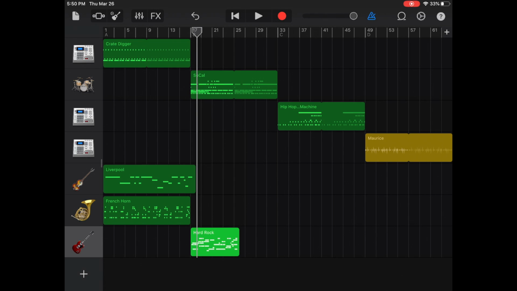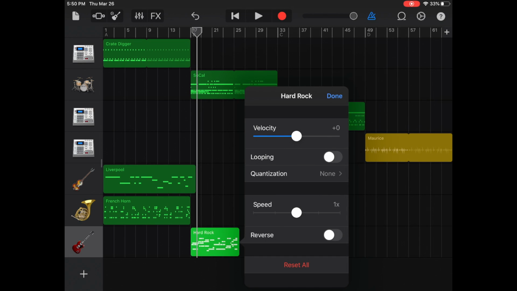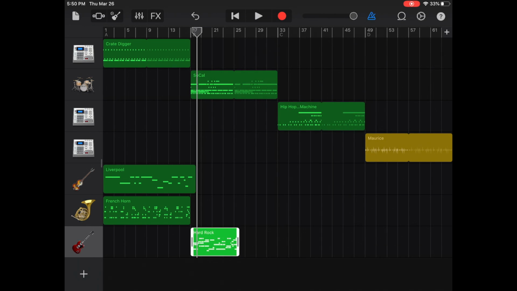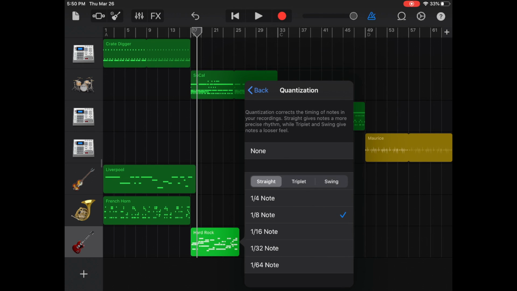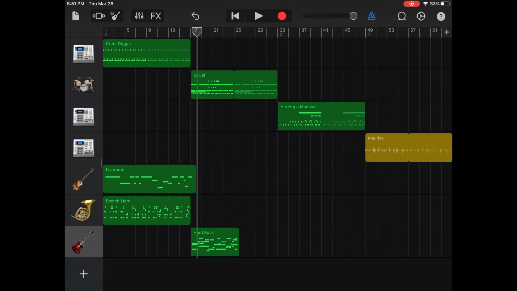Anytime you tap something and put it in manually, you have to quantize it, because there's just little imperfections that you might have. If I go to settings, see where it says quantization and settings there? I just click on it once to bring up settings, then find quantization. Probably 8th note or 16th note quantization is what you're going to want. And I do that, and all of a sudden,